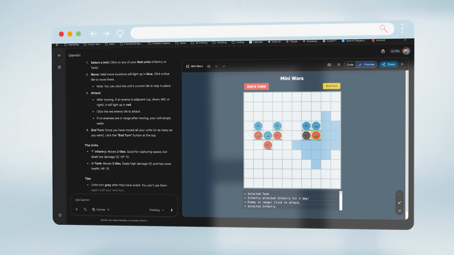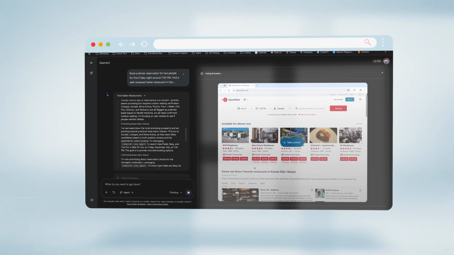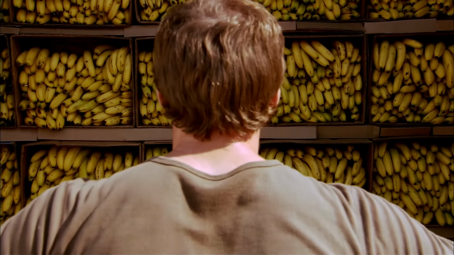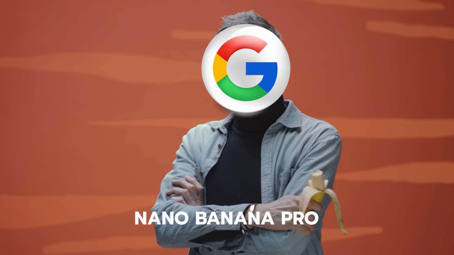Well, Google did it again. Hot off the heels of their Gemini 3 launch, they hit us with a new release that caught everyone off guard. Surprise! This time, it's Nano Banana 2, or as they prefer to call it over at Google, Nano Banana Pro. Now, I've had access to Nano Banana Deuce for about a week now, with Google demanding I keep it